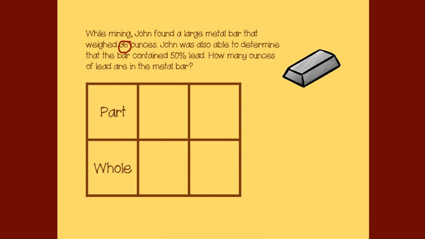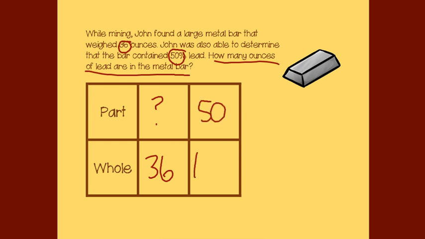I'm going to circle that 36. John was also able to determine that the bar contained 50% lead. How many ounces of lead are in the metal bar? So we know that lead was part, and we're looking to find the part. So this is what we're looking for right here. We know that the whole was 36 ounces, and we also know that 50, 50 is the part, and the